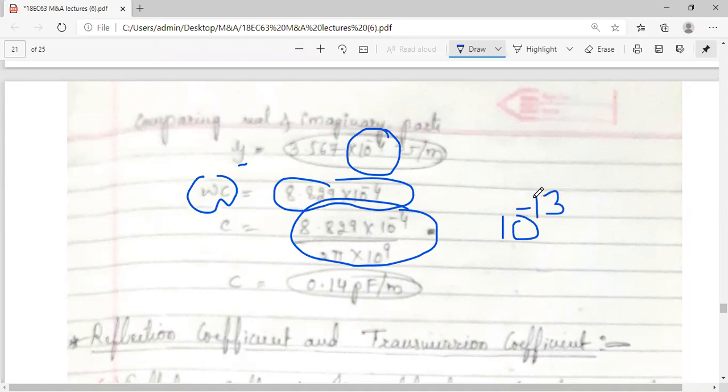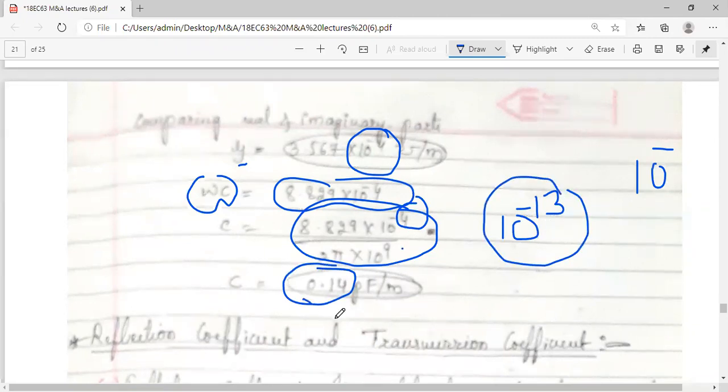Okay. So if that is the case, in the previous session, I think you had calculated this 10 to the power of minus 3, so it was 10 to the power of somewhere pico. You calculated 14 point something. But the tens power is not 10 to the power of minus 11, it is 10 to the power of minus 13. So if that is the case, you'll get 0.14, if you take 10 to the power of minus 13, not minus 11.